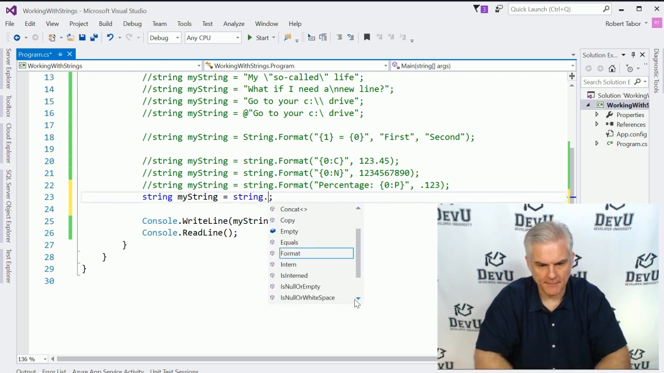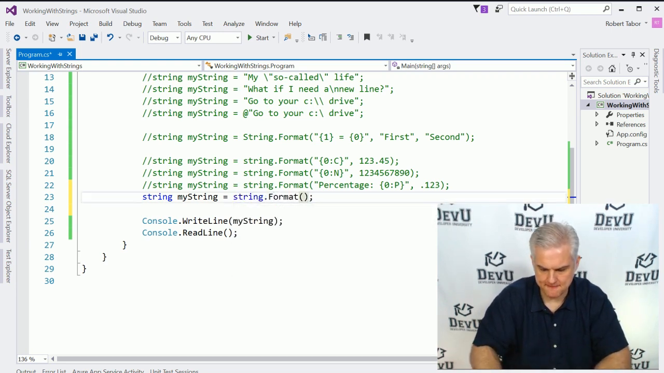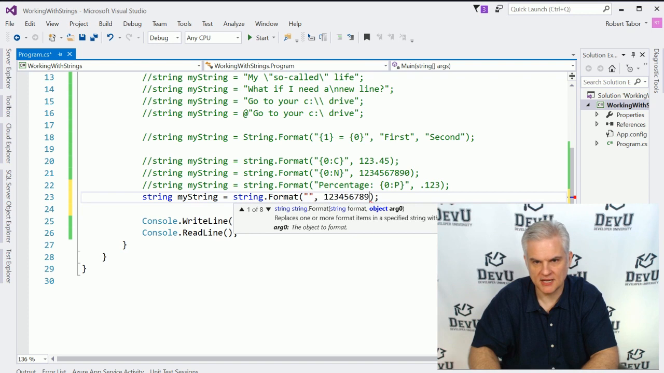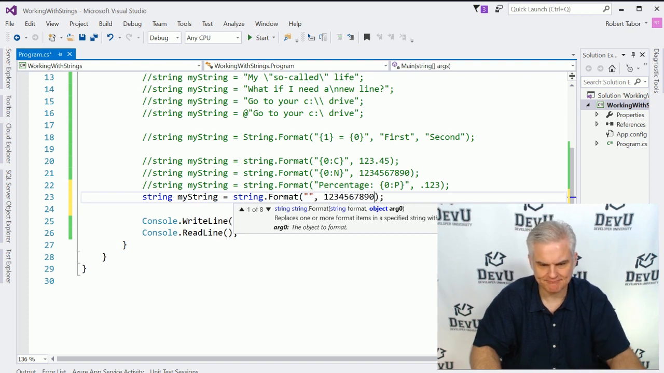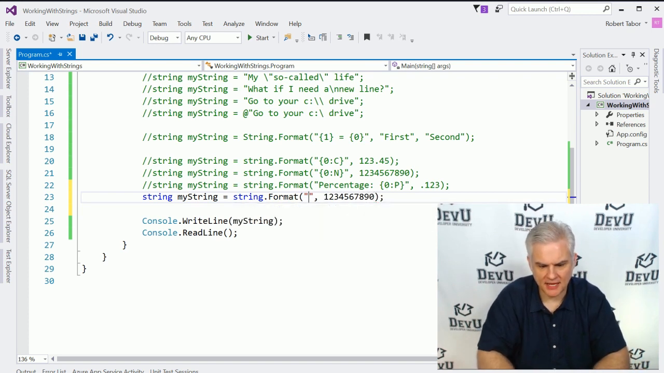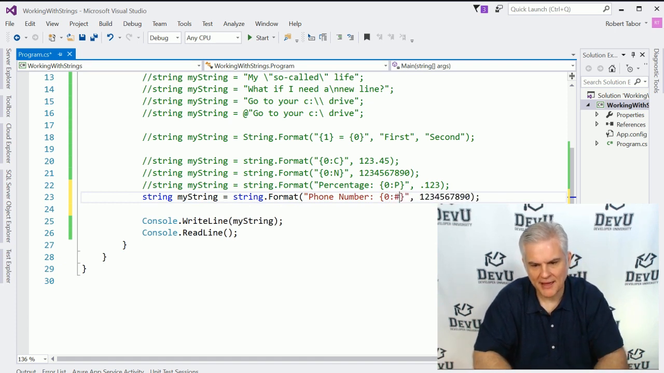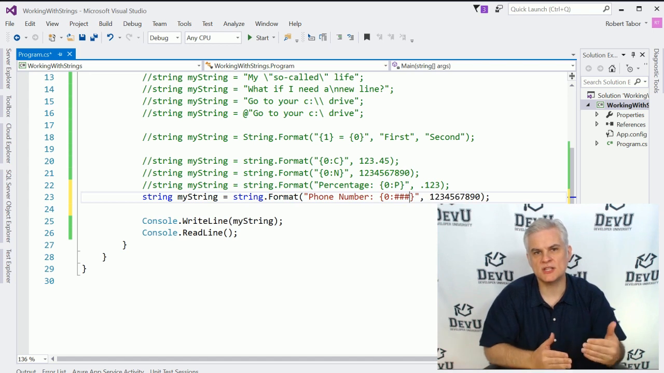So let's go string.format, and let's go 1, 2, 3, 4, 5, 6, 7, 8, 9, and 0. And I want that displayed like a phone number. So I would use 0, and then I'm going to use pound symbols to represent each digit that I want